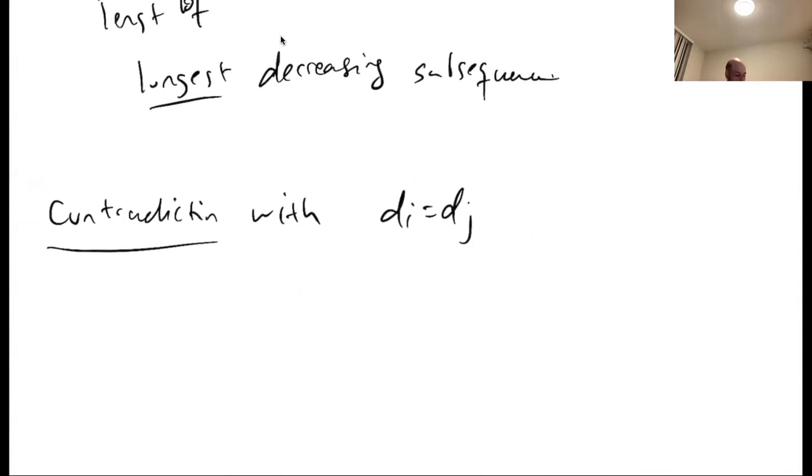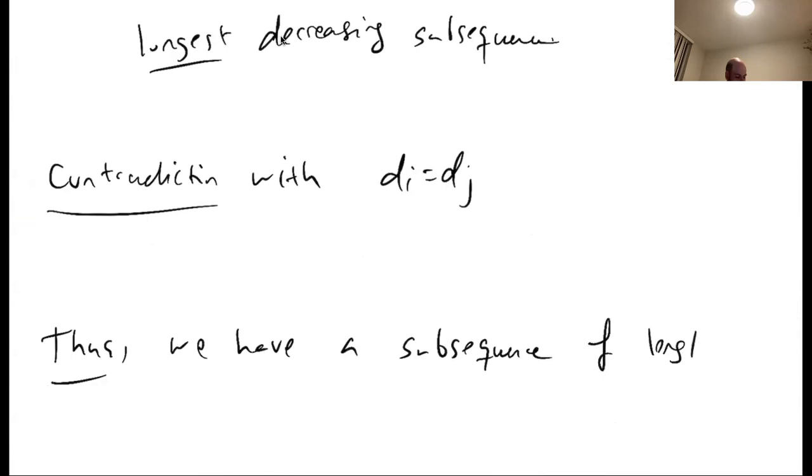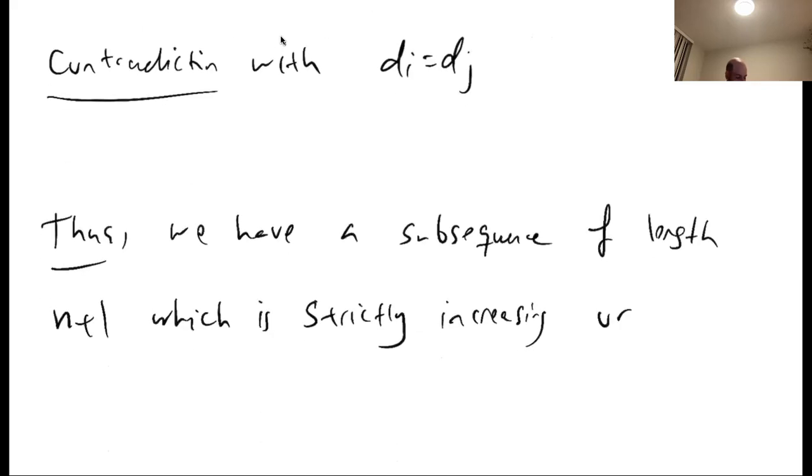So in any case, we reach the contradiction, and therefore, thus, we have a subsequence of length n plus 1, which is strictly increasing or strictly decreasing. Okay, so